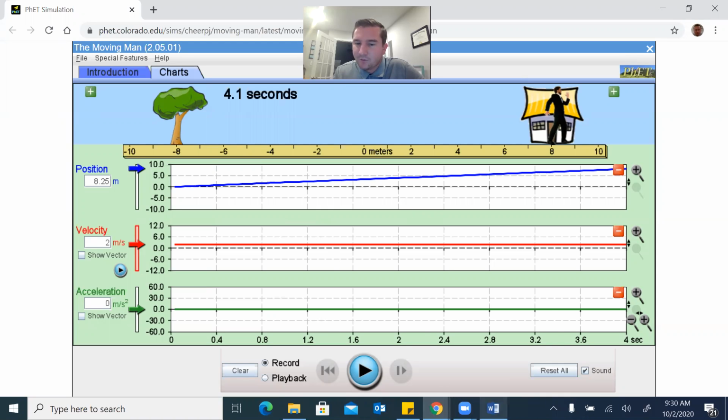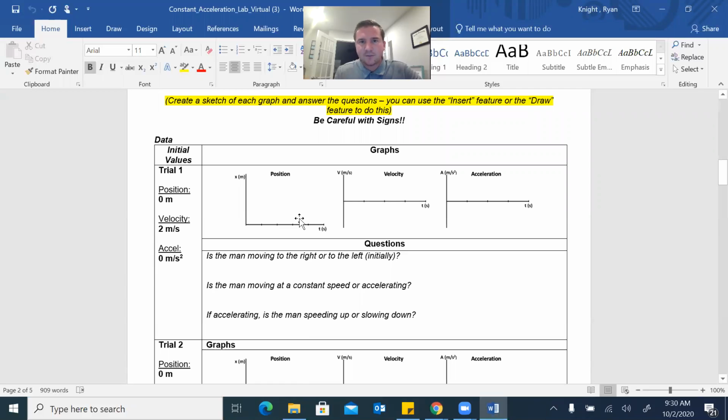So there's a couple different ways to do this, all right? Some of them are easier than others, but this is the hard part of the lab, actually figuring out how to do this. So the easiest way,